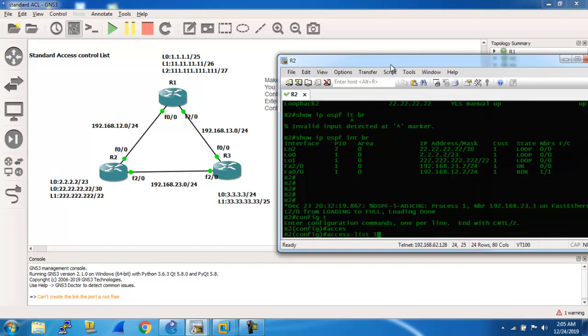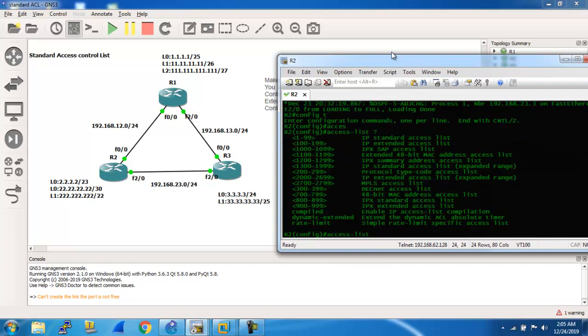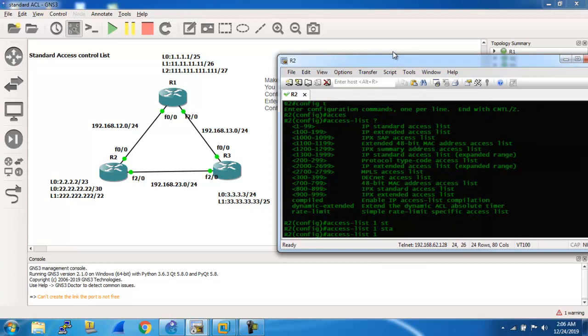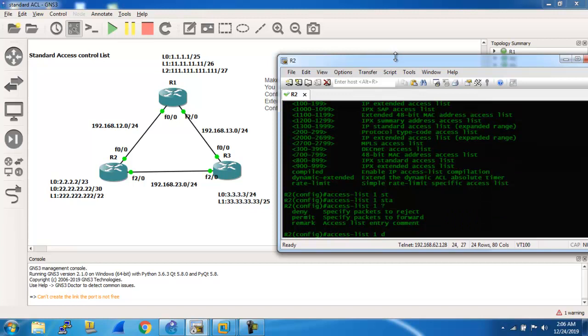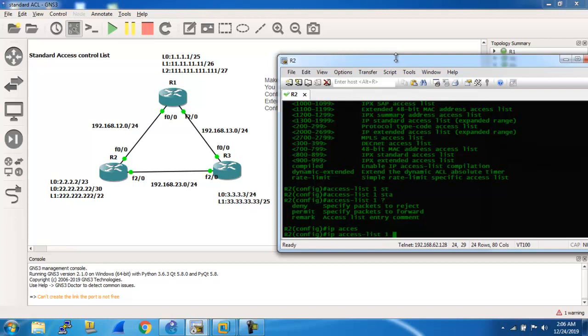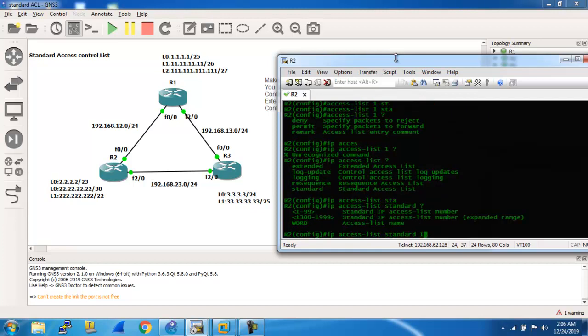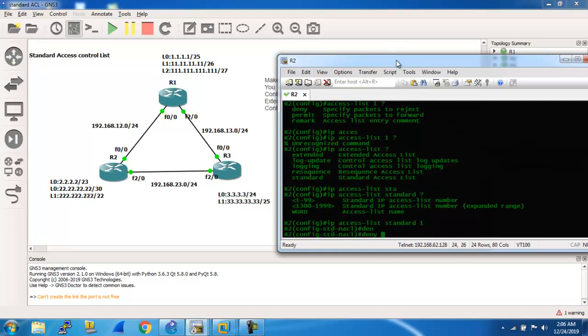Suppose access list 1, give the number, and you can use the question mark for help. You can go like this as well, IP access list standard, give a number, deny